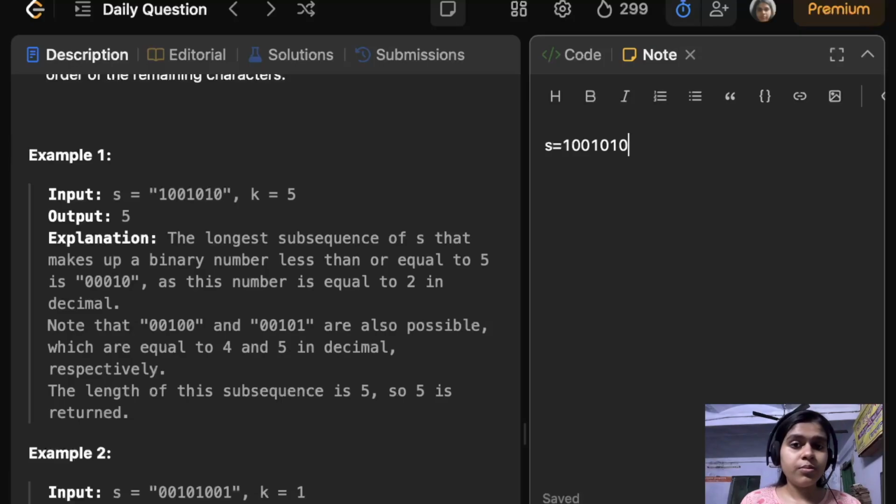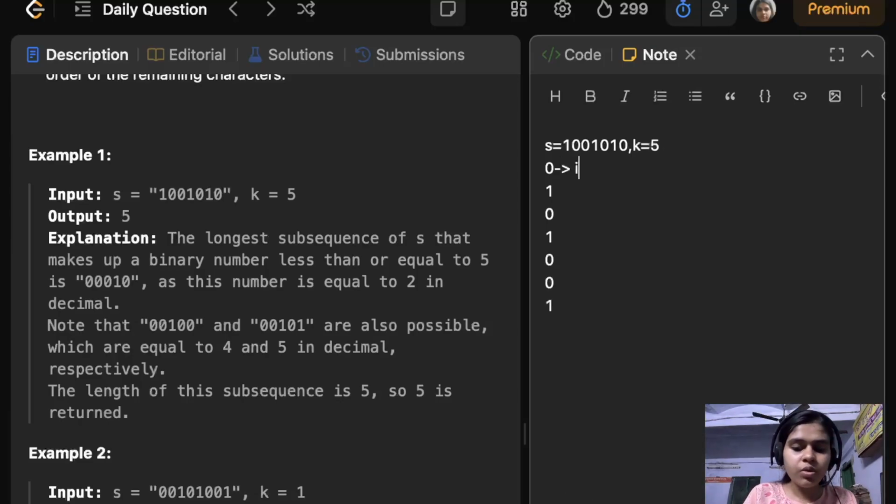So discussing this example, s equals 1001010 and k equals 5. According to our intuition of going from right to left, we can write it as 0, 1, 0, 1, 0, 0, 1, right? So here we are provided a 0.